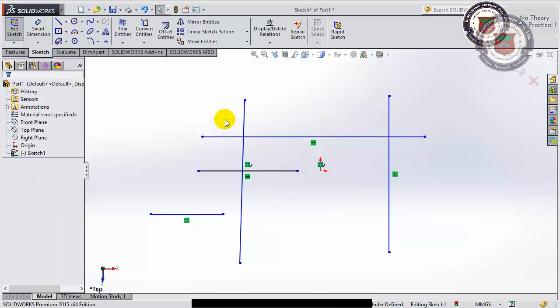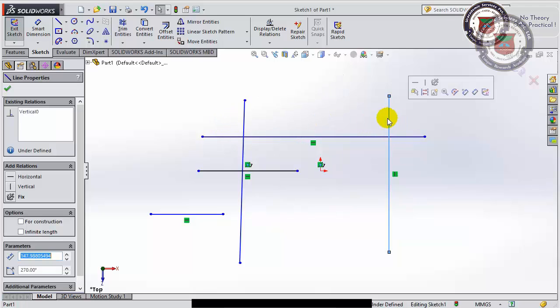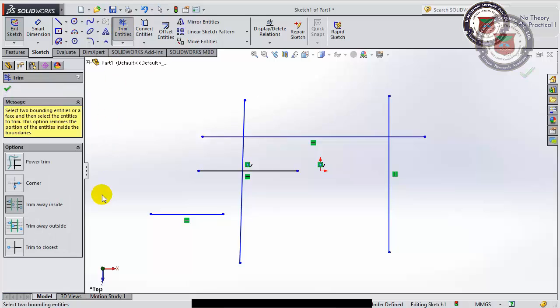Now I want to trim out what is outside of these two lines, this line and then this line. So I will be using the trim away outside command. First of all, I will be defining the boundaries, this one and then this one. Inside these lines I don't want to delete anything, but outside these two lines I want to delete everything that is there. But again, the special case is that the line that enters through one line but remains inside and doesn't exit through the second line, that I want to skip. So now I have defined the boundaries. Now I will be selecting over the lines.